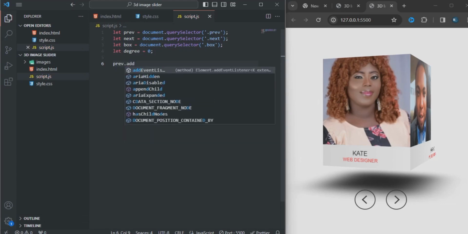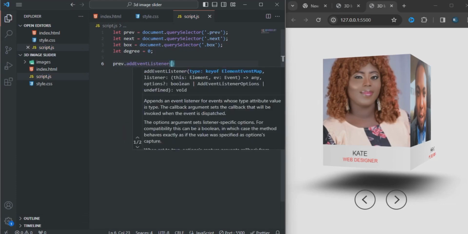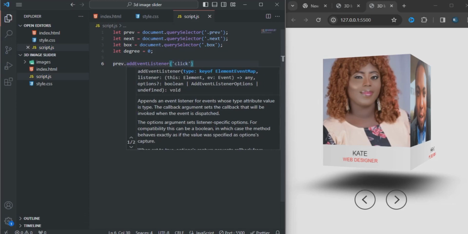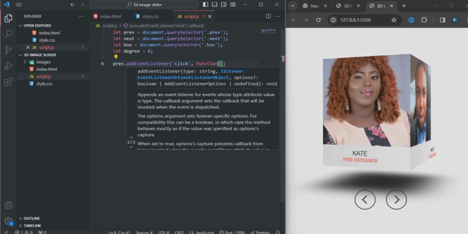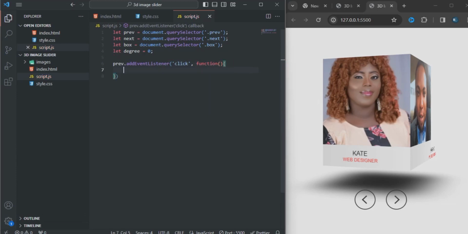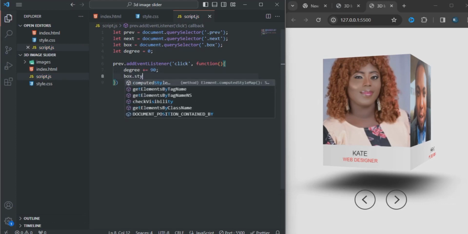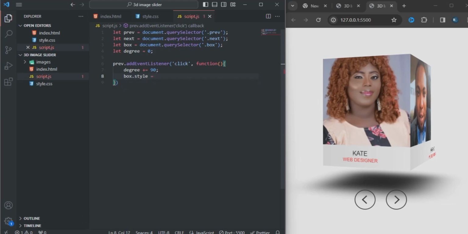So the previous dot addEventListener, so in bracket will be click, comma, so the function, so in bracket, so I'm just gonna open a curly bracket in between. So here will be degree plus or minus 90. So down here will be box dot style equals to,